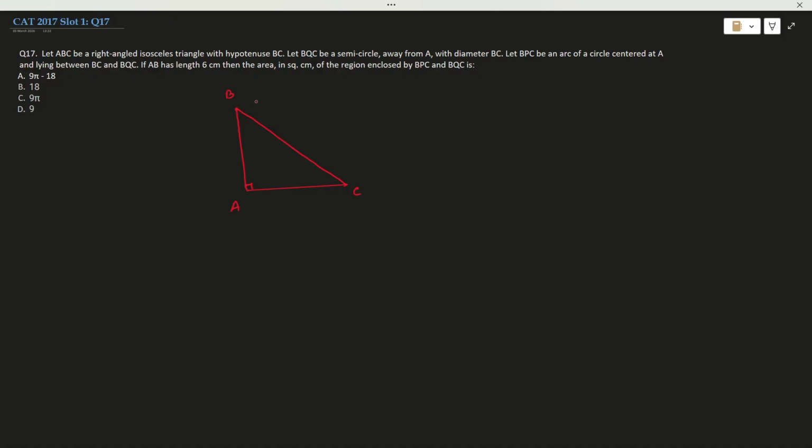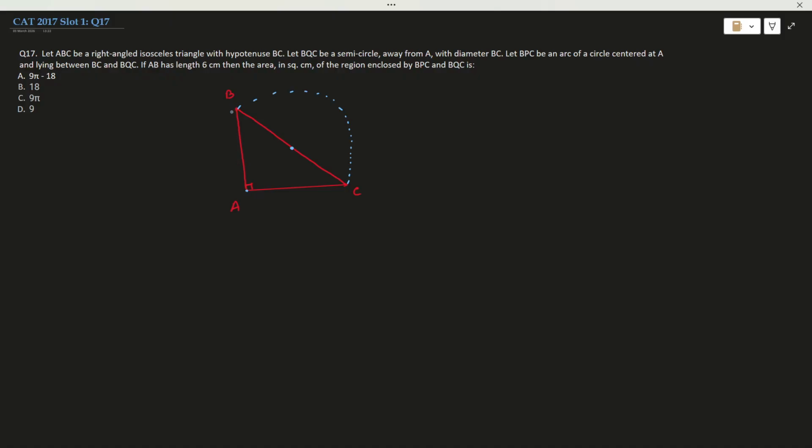Let BQC be a semicircle away from A with diameter BC. That means this is a semicircle. BC is the diameter. That means the center of BC will be the center of the semicircle. Let BPC be an arc of a circle centered at A. Let me read it again. BPC be an arc of a circle centered at A. So A is the center, alright,